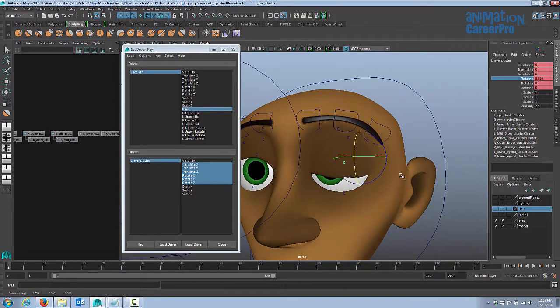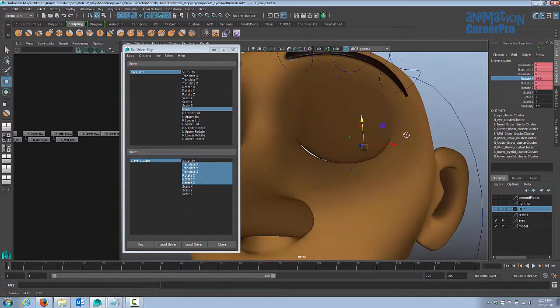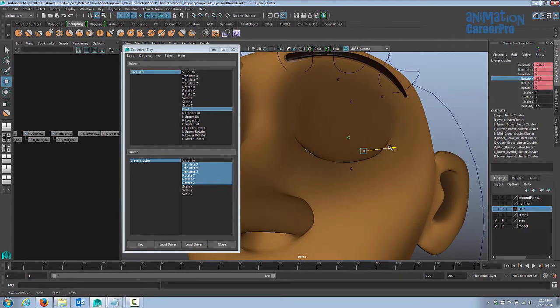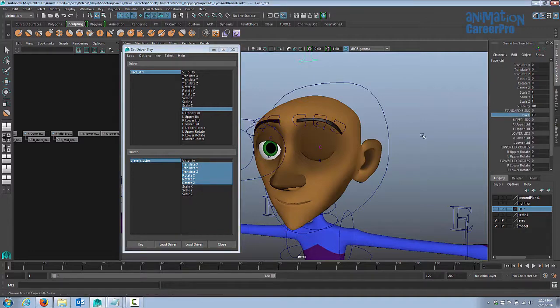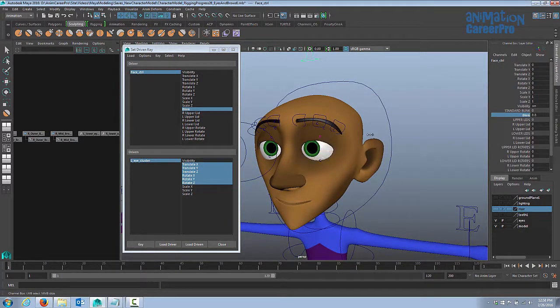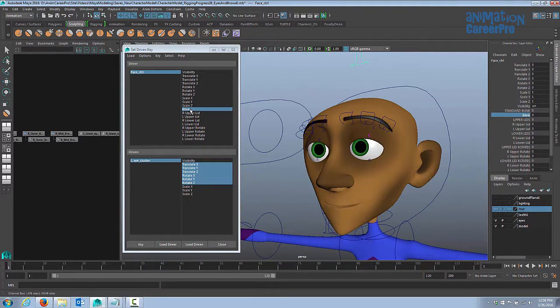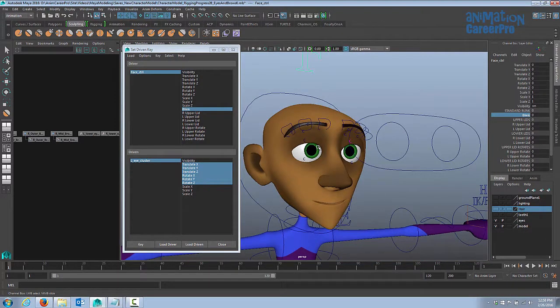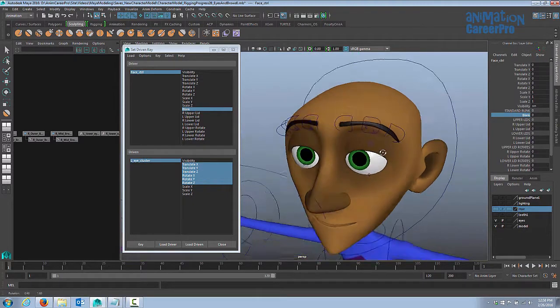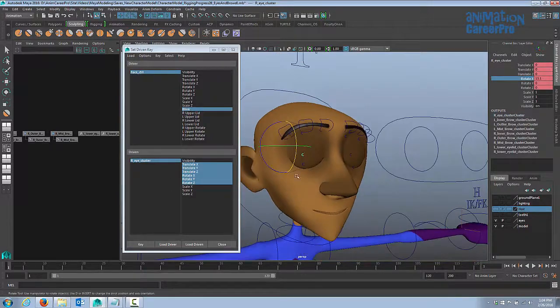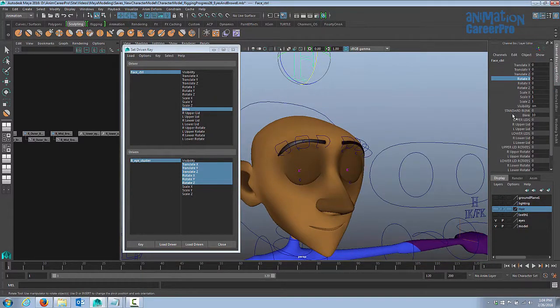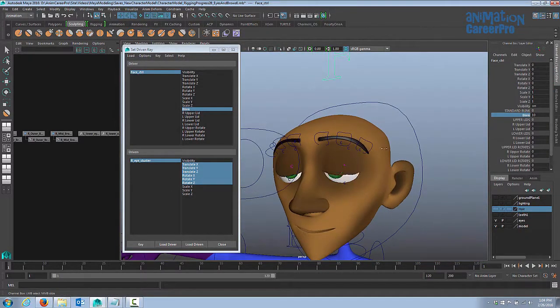Alright, so let's close the eye now. And then I'll just translate it, or move it over a little just to shut the eye completely there. So now we'll key that. And now when we select our face control, we should have the left side blinking nicely. We're going to keep our driver on blink, and we're going to do the same thing for the right eye. And that way this blink control will just control both eye blinks. And then when this character is being animated, it'll be really easy just to get him to blink. So now if we go to our face control, we should have our standard blinks all set up.